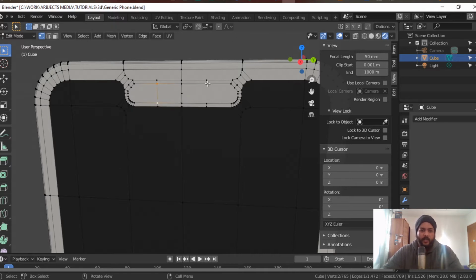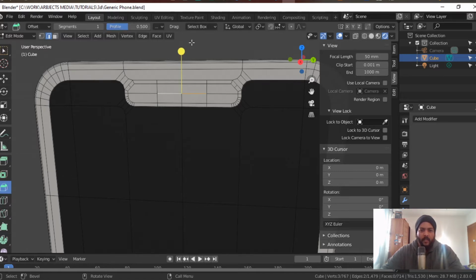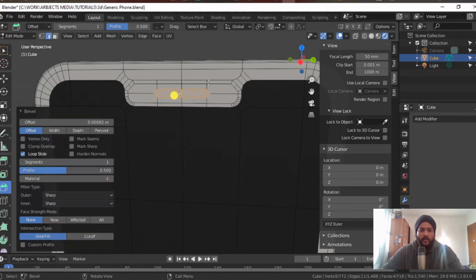Let's just join that and join that, and then take this vertex and this vertex and join that. Select these two edges in edge mode, and then you click on bevel, and that will be our little section in the middle. That should be fine like that. And then